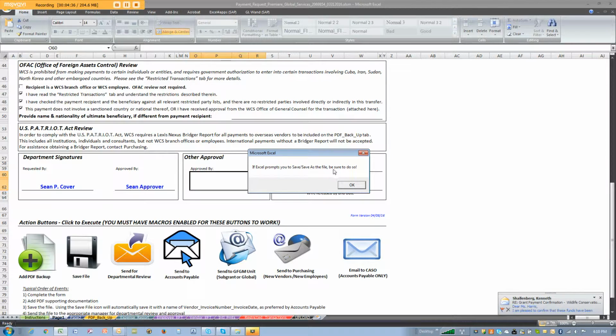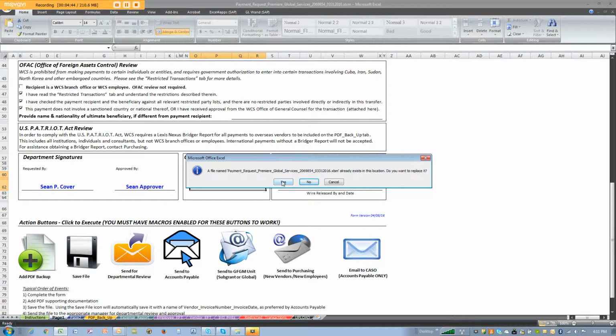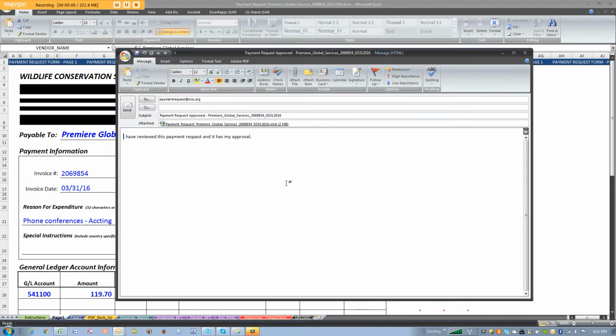We'll click here. It says if Excel prompts you to save or save as the file, please be sure to do so. And that's because we want to save the file and make sure we're sending the latest version with your signature on it. If you click no, your signature won't be on it, and accounts payable will send the file back to you and ask you to re-sign it. So click yes, and click yes, you do want to save it,